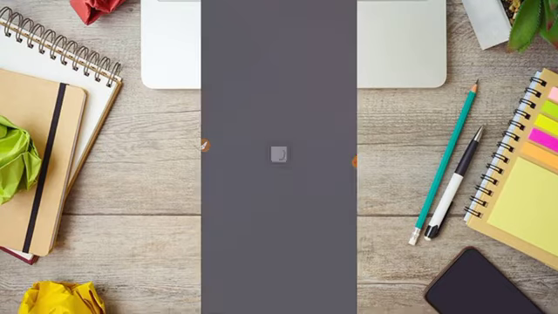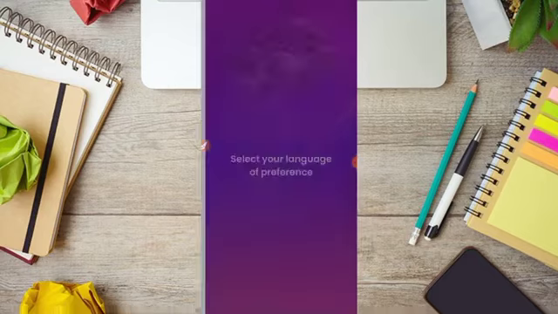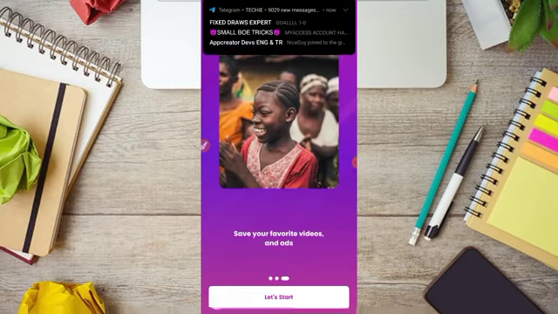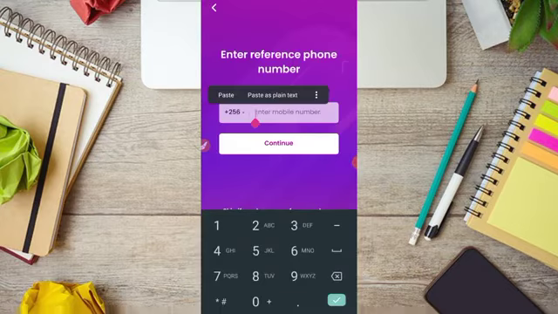You open the app. After opening, you have to register. So you select no thanks. Select your language. You got to choose English. Next. Okay, let's start. So from here, the reference number, phone number, is that person who told you about this